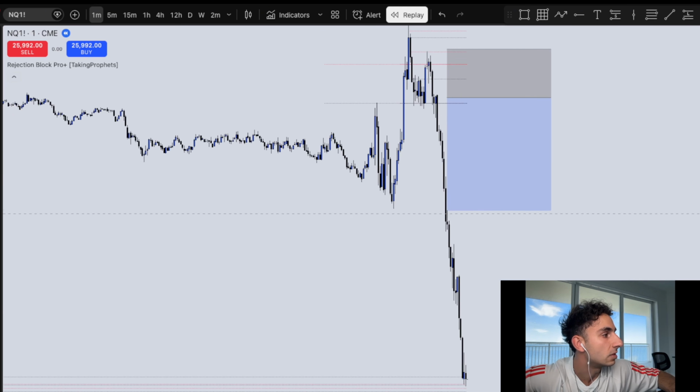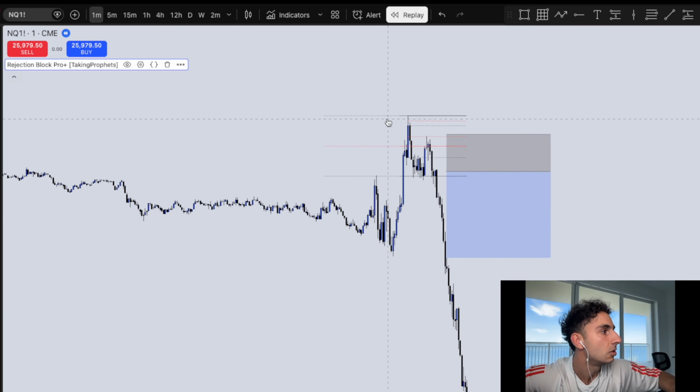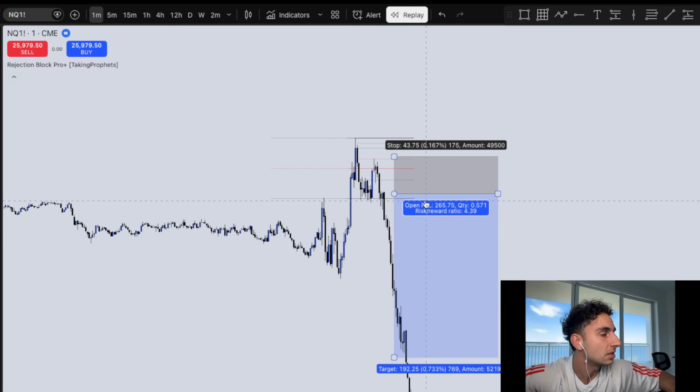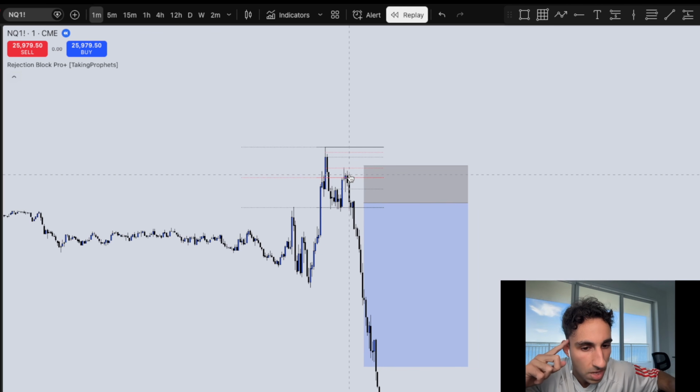And as you can see, we dump so aggressively. Rejection blocks do tend to cause this kind of reaction, especially since we have other confluences lining up. You will have very aggressive reactions off of rejection blocks when you use them properly. So that's essentially it. Rejection blocks are very versatile. Like I said, you can use them in this way, and this is mainly the way that I use them,